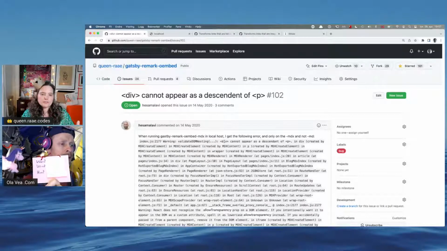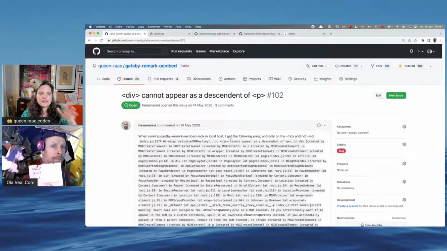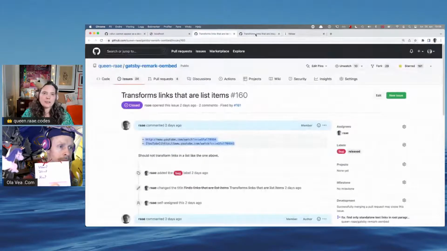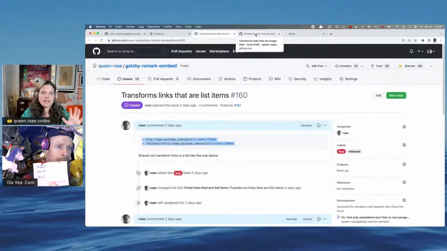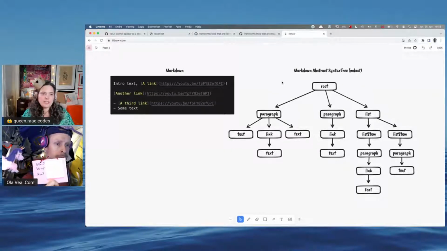So does that mean that he was trying to build his thing locally and he couldn't? Yes. He was using this plugin, and it would build. It's just that you get this error in the browser, saying that you shouldn't really do this. And you only get this error if you use the plugin with MDX, which is not fully supported yet. But this prompted me into looking more into these other similar bugs that we had, because I had done a very rudimentary job of looking at the abstract syntax tree and what I was supposed to change out.